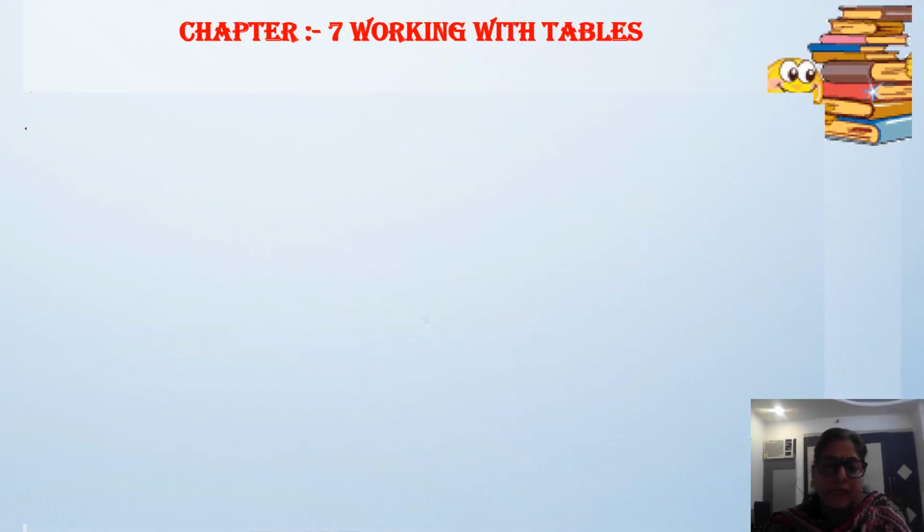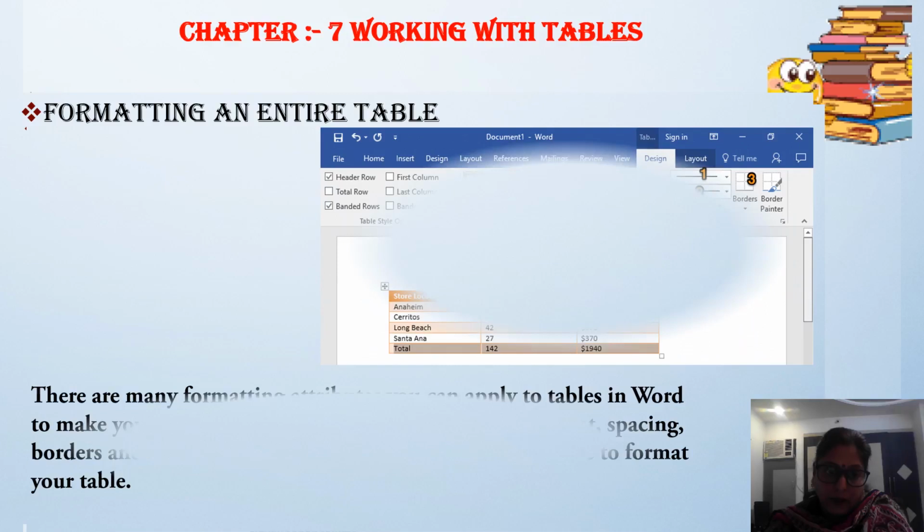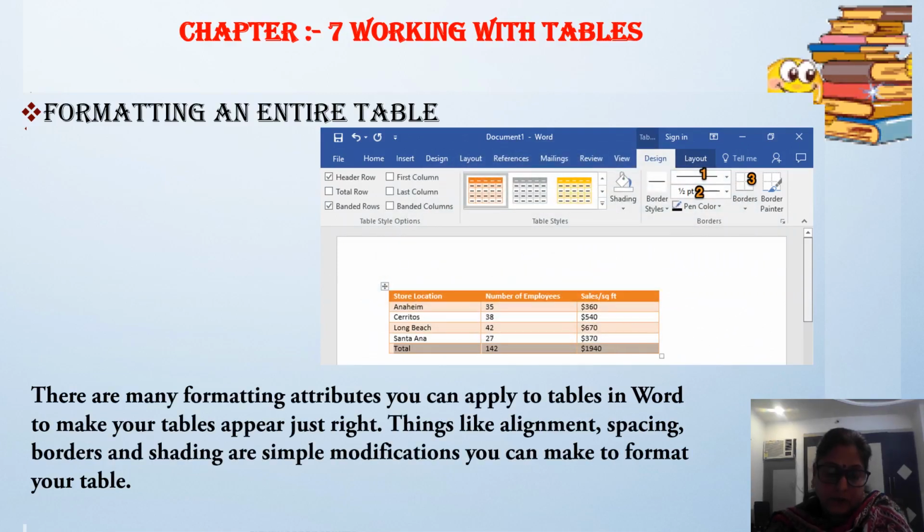Okay. Now next is formatting an entire table. Now children, there are many formatting attributes you can apply to a table in Word to make your table appear just right.